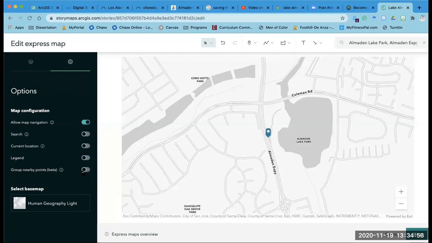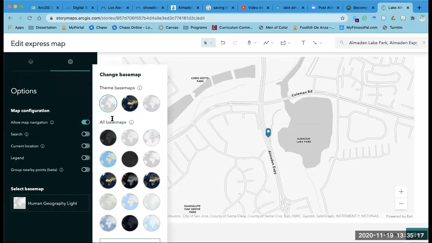You can also group nearby points if you have many points and you're going to be zoomed far away. If you want to enhance the way your map looks, then you may want to use group points. But as a new user, I would say don't play around with that too much.